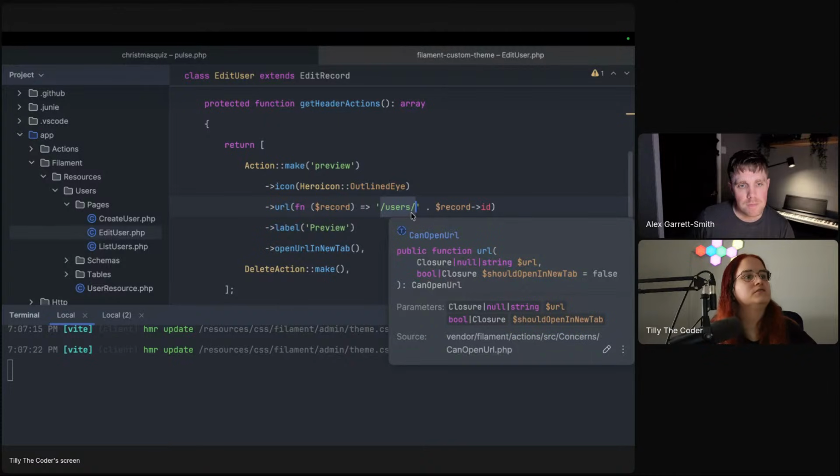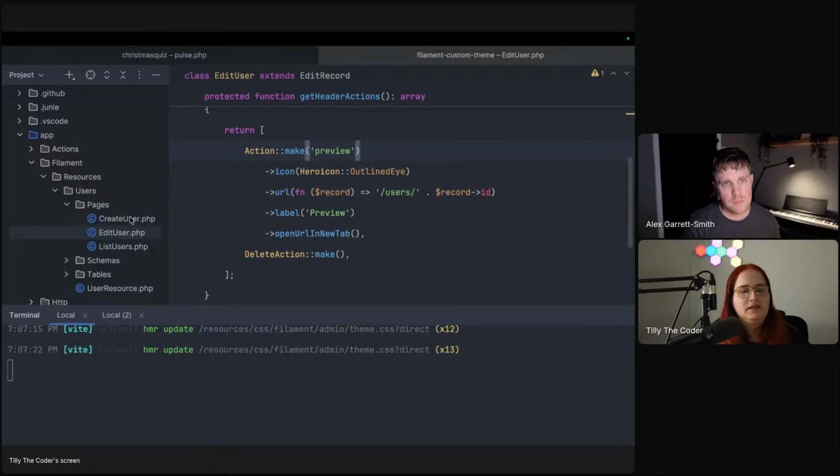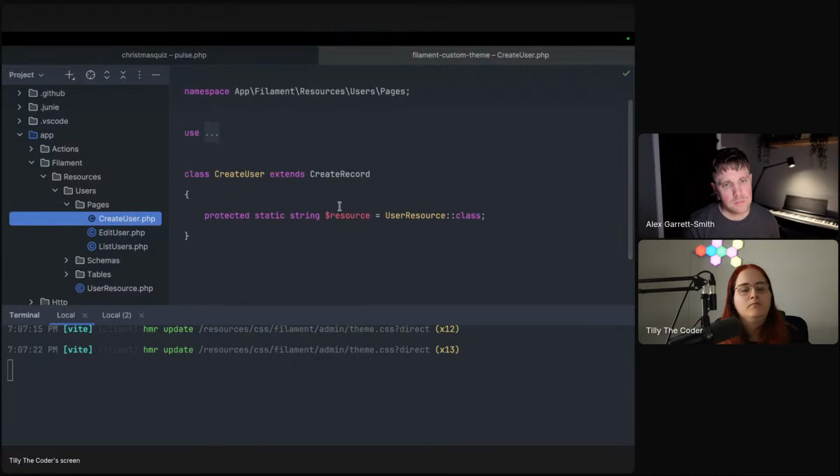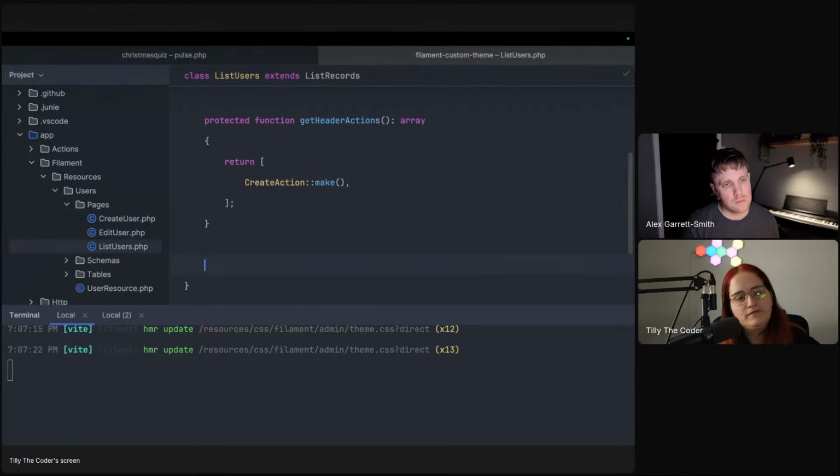If you wanted to give the admin the actual URL for when it is live, so the user doesn't get a signed one. But yeah, you can basically modify the header here, and the same goes for the create. You could also go into the list here. A neat thing in here, you can have